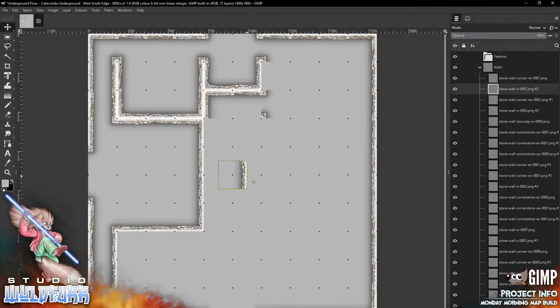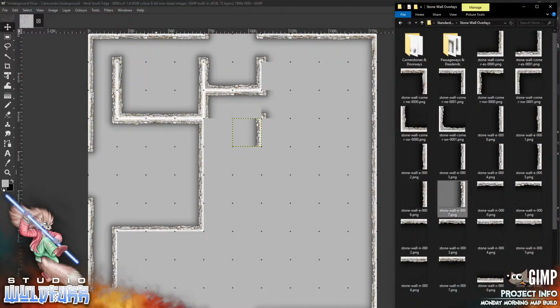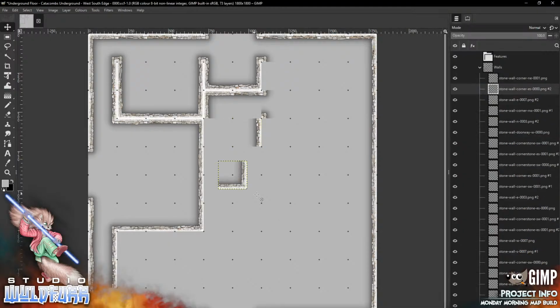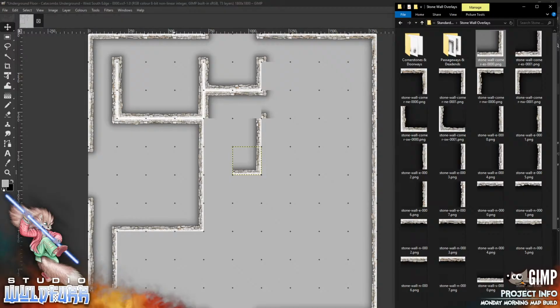So if you find the marble outside the shrine, and you get in through the front door,